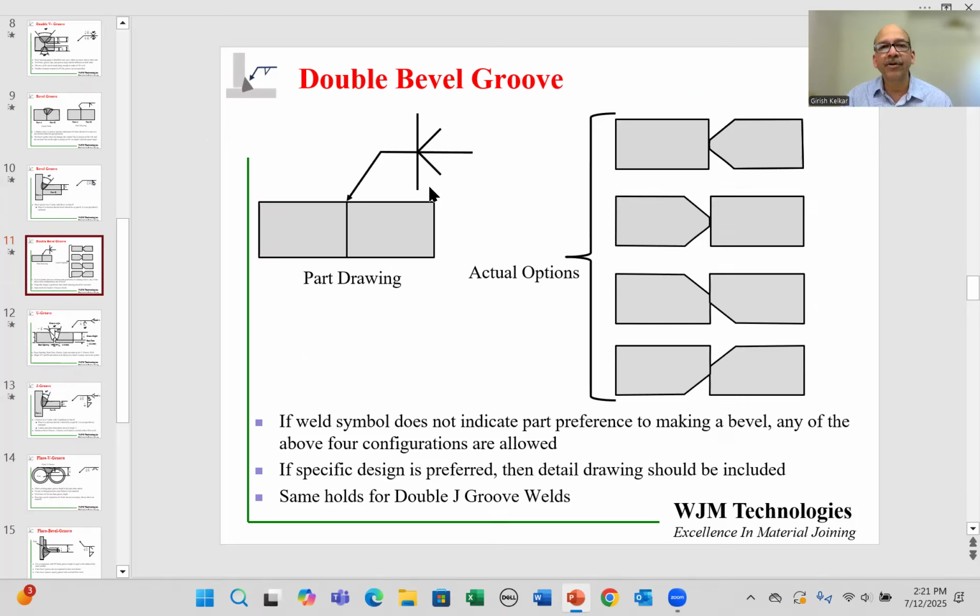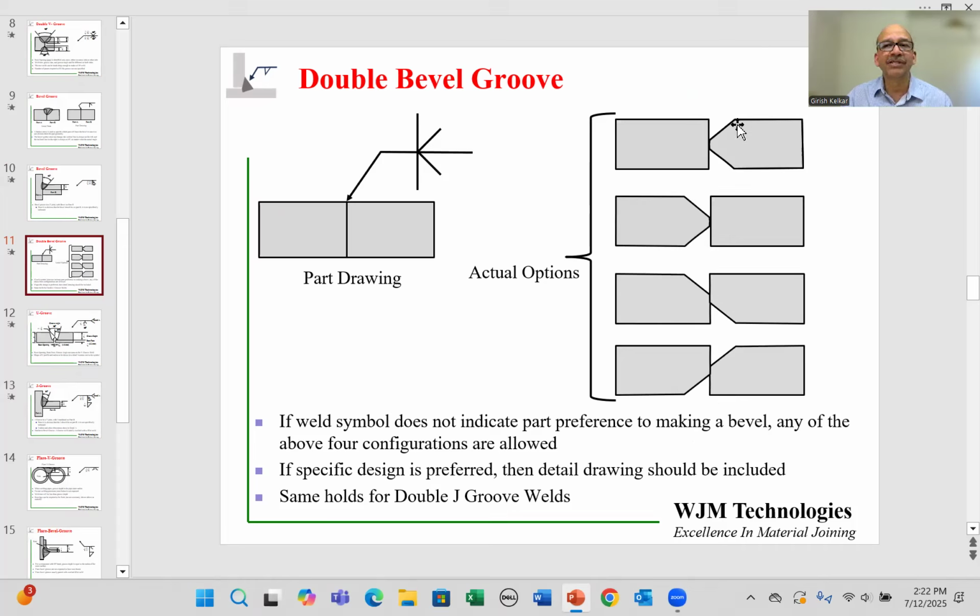According to AWS, if you see a symbol like this and there is no specification on the part drawing or in the note of where that bevel is going to be made, then the manufacturing team can go ahead and make the bevel on either or both sides in any configuration. So we have four different options.